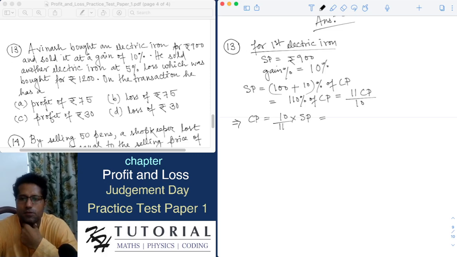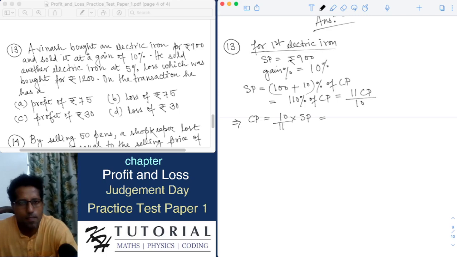This is 110% of CP, that is 11 by 10 CP. This implies CP equals 10 by 11 SP. And this is on the transaction he has a